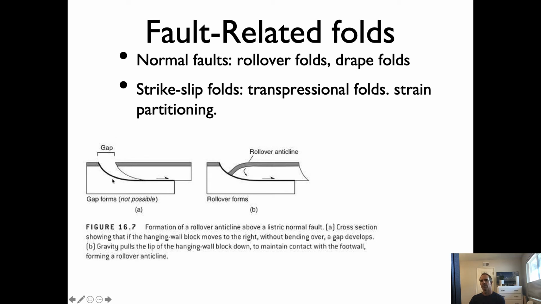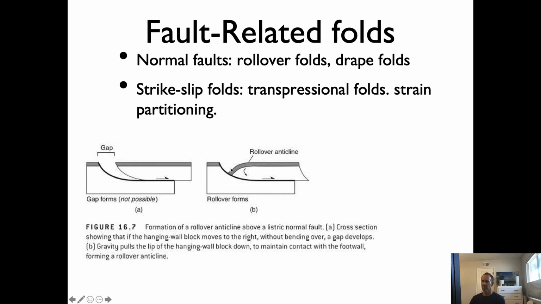What they're showing is that, if there was no folding, you would create this big gap, this big hole in the earth that would extend down at depth. Well, isostasy, the gravitational potential across the surface of the earth, wouldn't allow that to happen. This would collapse, and it does. And so instead, what you get is an anticline, a little fold that they call a rollover anticline, associated with